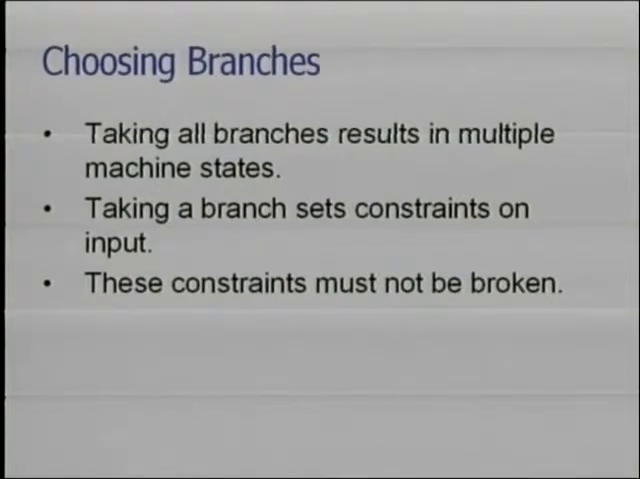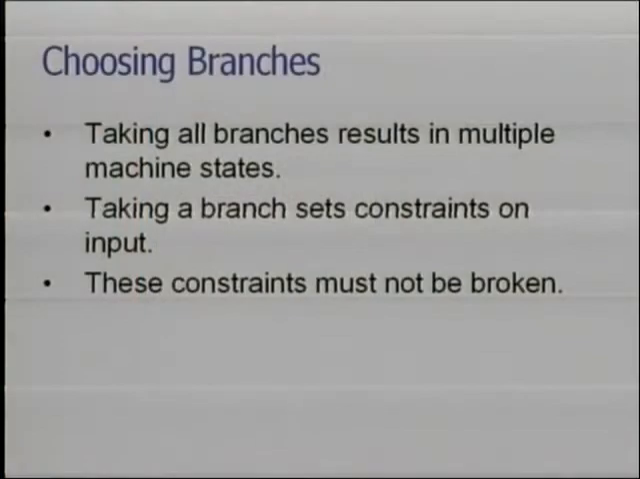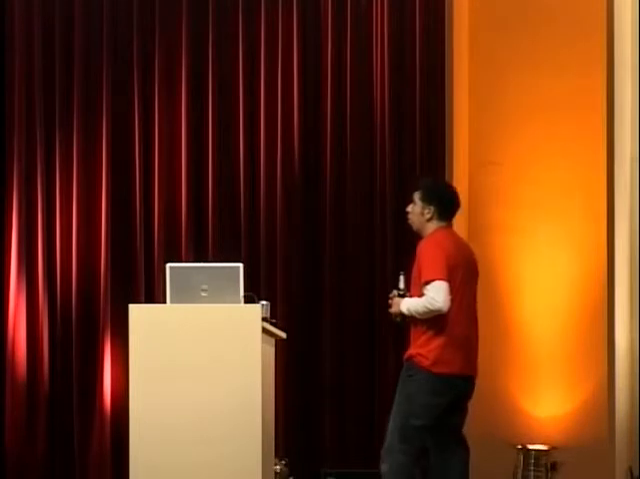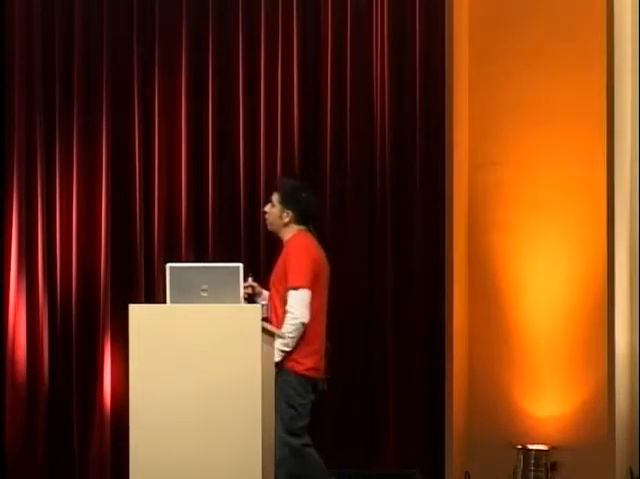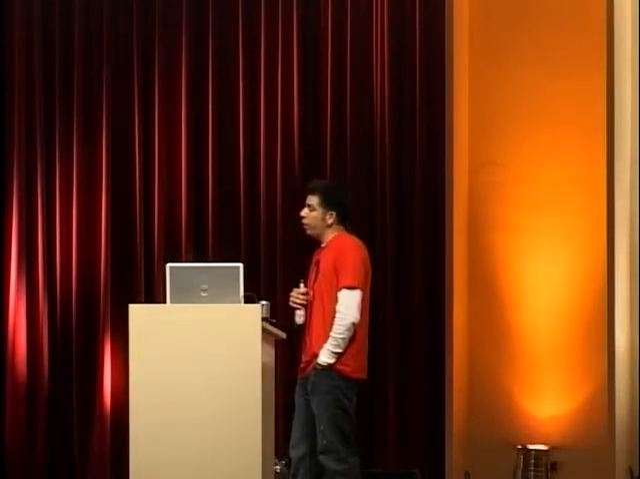So you can take all branches. If you take all branches, you're going to have multiple machine states. And when you take a branch, by the definition of taking a branch, you've set a constraint on the input. If you take a branch and the comparison is whether this is greater than 5, you have to find that the path is going to be greater than 5 for that value. Something else that you need to make sure is that you don't break these constraints later on. If you've taken a path that says it's greater than 5,